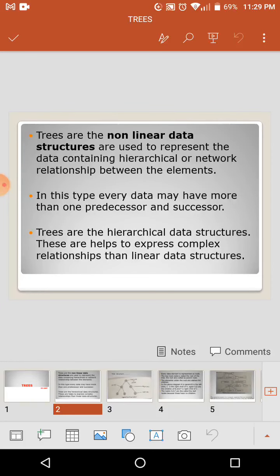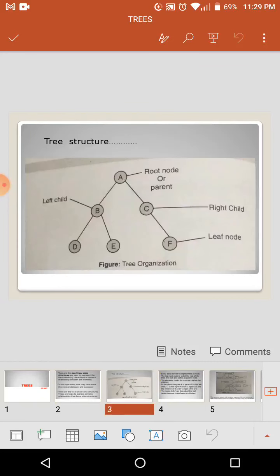Why? Because if you want to represent complex information, complex details, or a complex relationship among the data elements, trees are very helpful for the complex relationship between the data elements compared to linear data structures. Okay, so next let's see how the